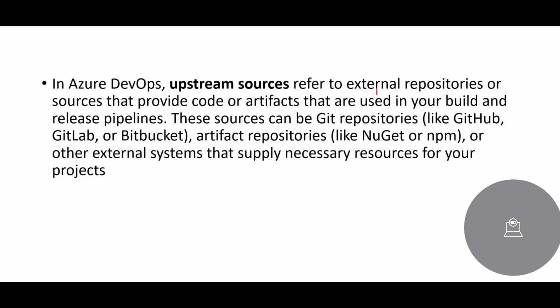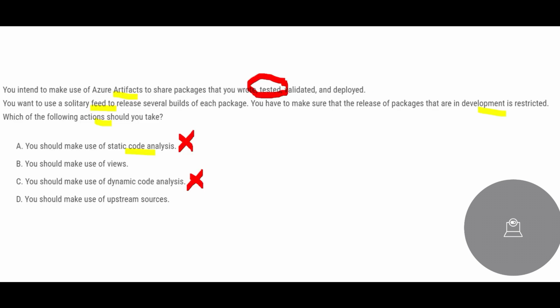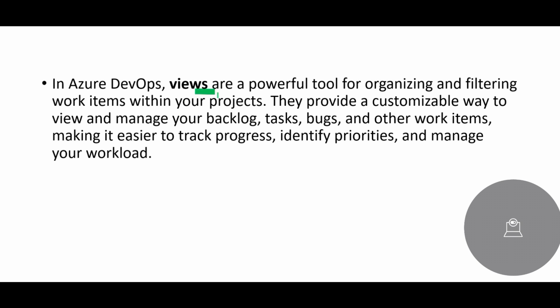What are upstream sources? External repositories like GitHub, GitLab. That is not required. They are saying, guys, let's make use of upstream sources like GitHub and those products. Let's make use of such products for release. That may not be mandatory. Before we use a rocket, have we tried a plane? Have we tried a helicopter? So views. See these,